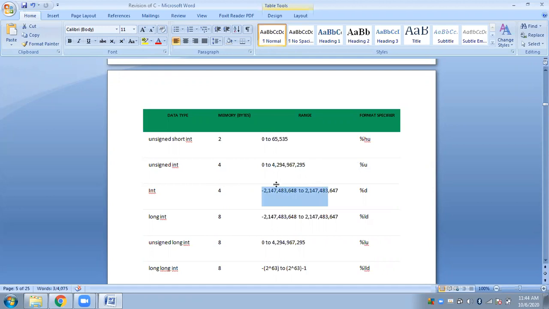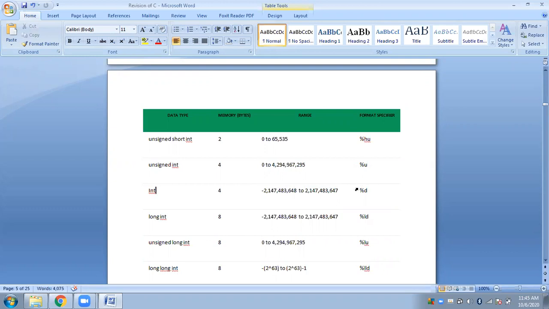2 to the power. So as I said, when I say integer, it can be a positive number or a negative number on the number scale. Starting from the negative to the positive, you can have numbers in this range. So you can store numbers starting from this to its equivalent positive number. Any number belonging to this range can be stored using the int data type.